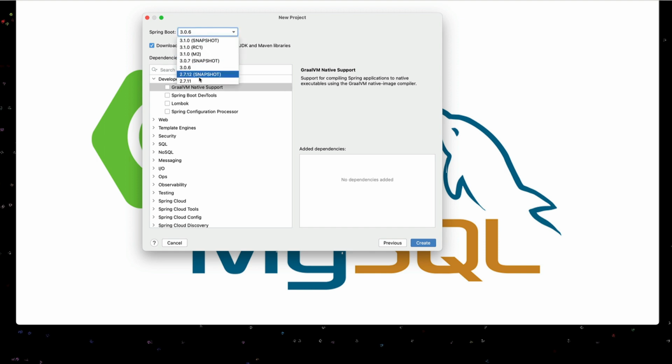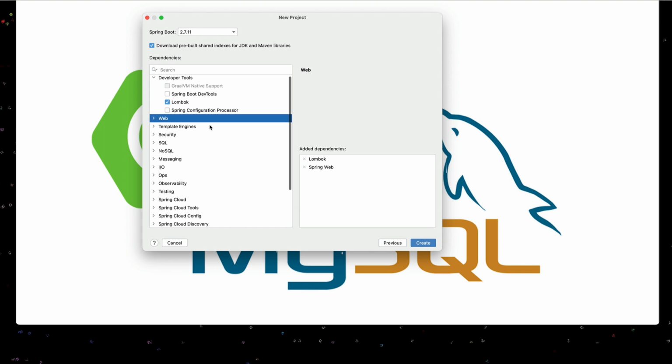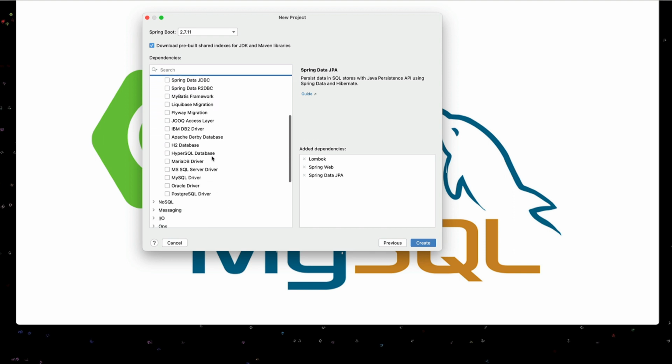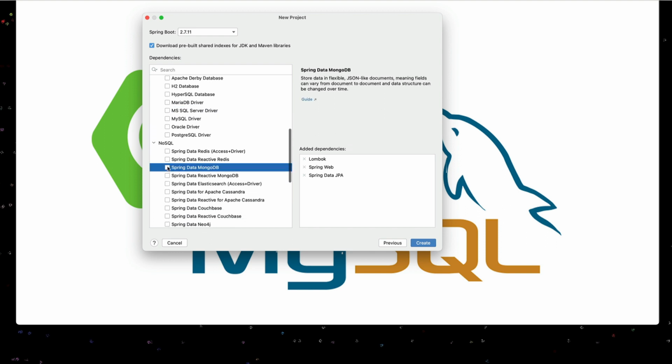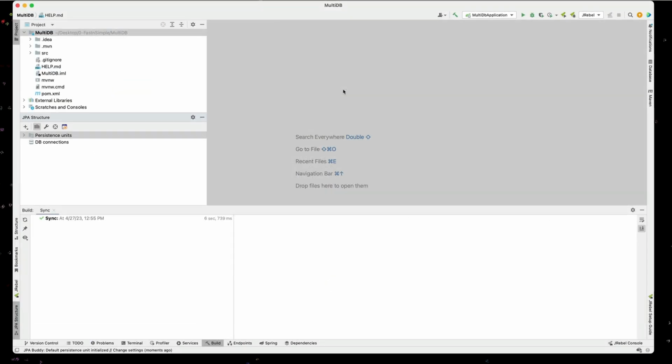I'll use Spring Boot 2.7.1. I'll add in Lombok. I'll add in Spring Web. I'll add in SQL, JPA and MySQL driver. And I'll add in NoSQL. We'll add in MongoDB. Okay, these should be the dependencies that we need. I'll say create. Okay, we have our initial project created, and we're going to run that just to make sure